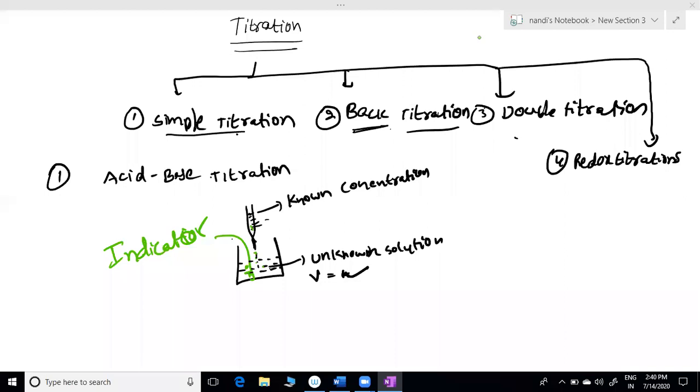Then you should ask your classmates what they did the last 2 days. Teachers send something through WhatsApp. You need to ask your classmates, na? Suppose you are absent the last 2 or 3 days, whatever. You should ask your classmates what they did before coming to class. We should know what they started, what they completed. If you are asking directly after entering class what was done, that indicates your negligence.